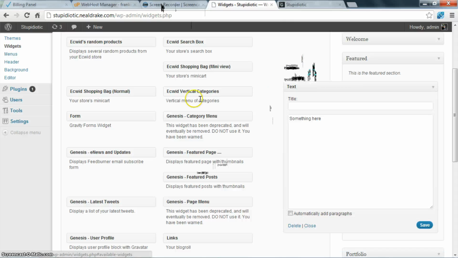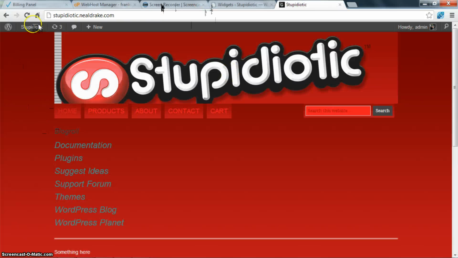For instance, if we wanted to do HTML code, we'll do an H2 tag on it real quick. And then we save that, and if we go back,